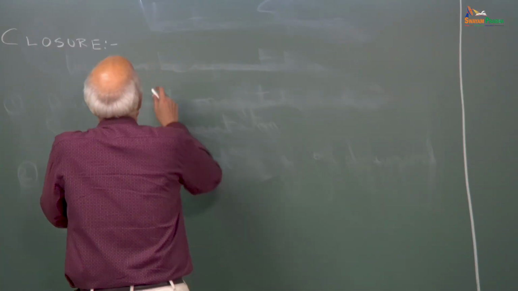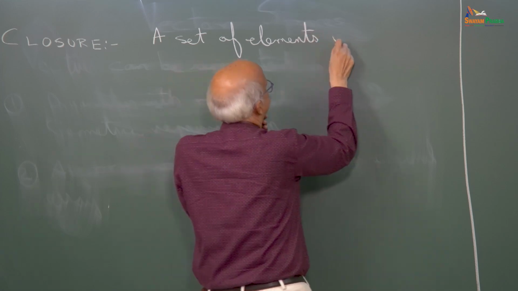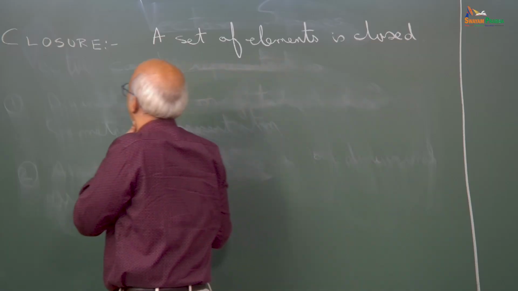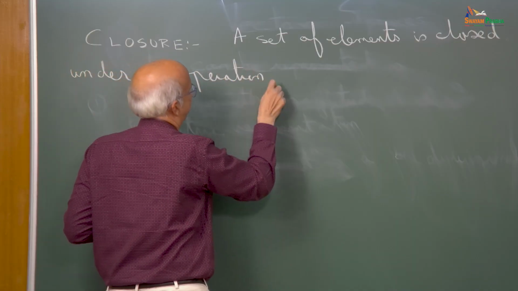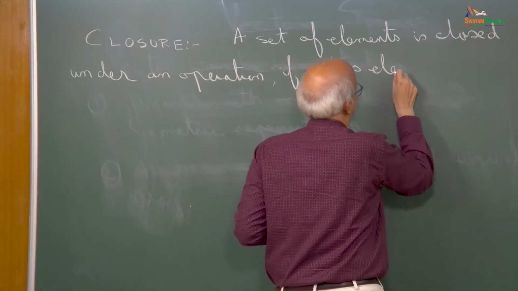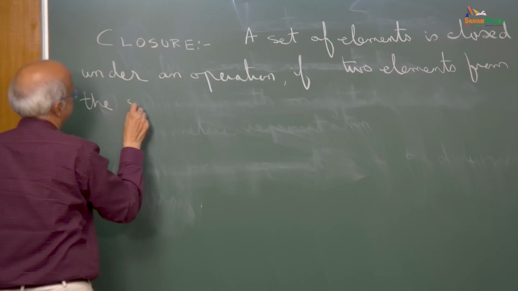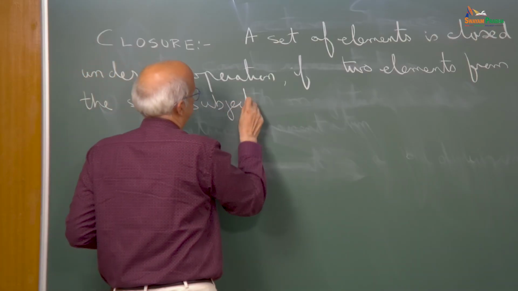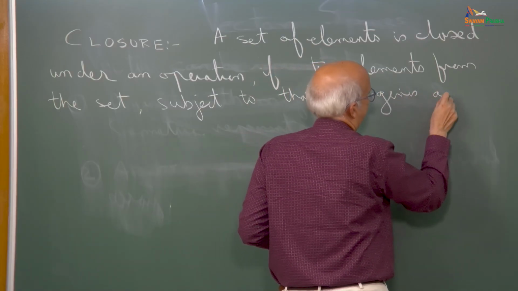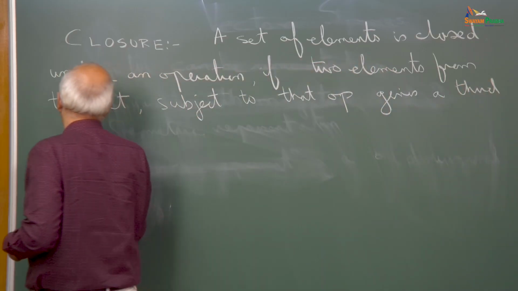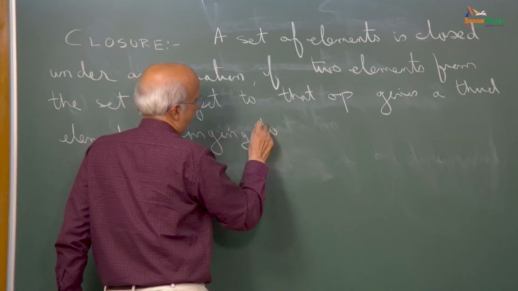So, basically we have a set of elements that is closed under an operation if 2 elements from the set subject to that operation gives a third element belonging to that set,